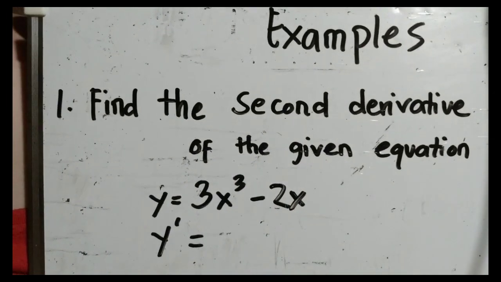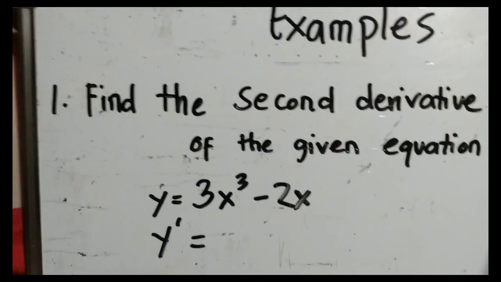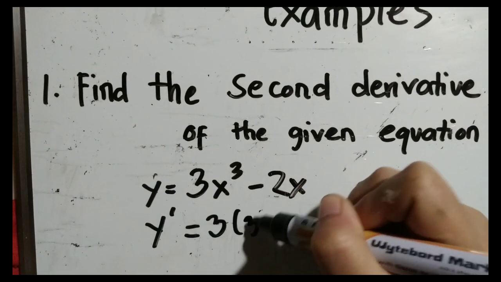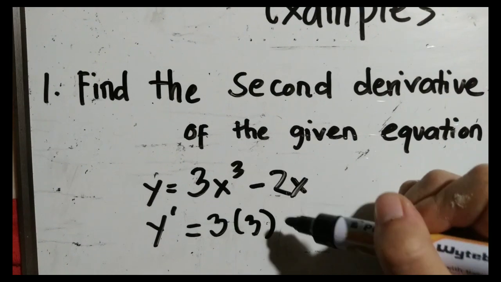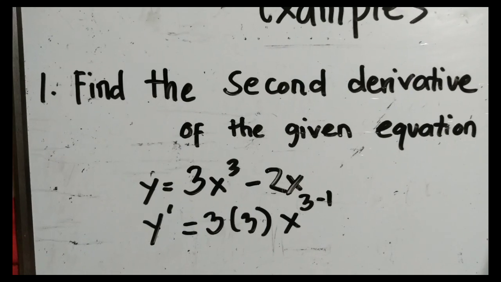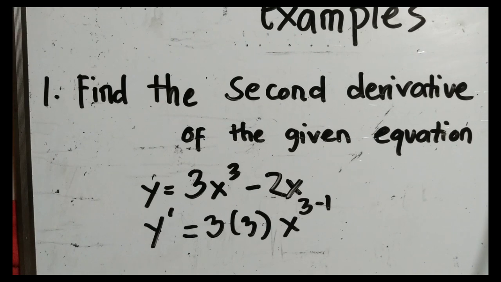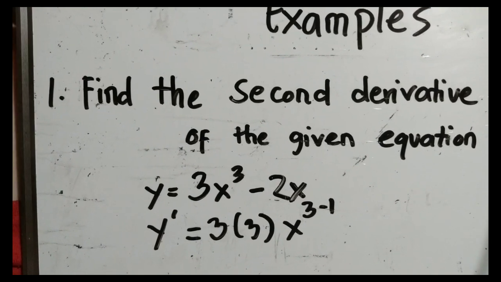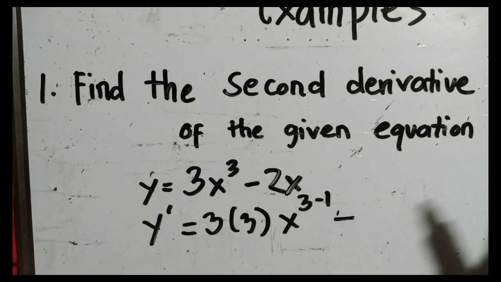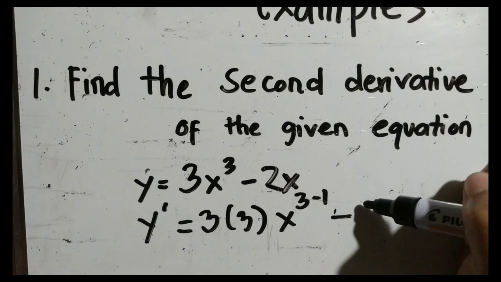For the first derivative, we have here an exponent. We are going to bring down this exponent. So we have 3 times 3, then x raised to 3 minus 1. That is the rule of derivative: we subtract 1 from the exponent. So 3 minus 1, minus the derivative of this 2x, that would be